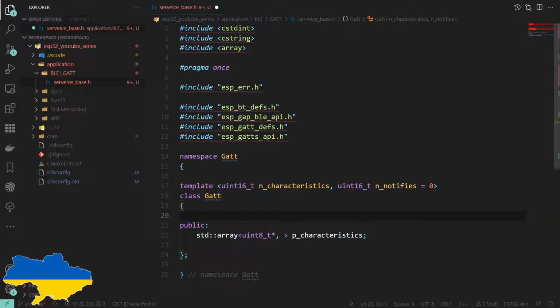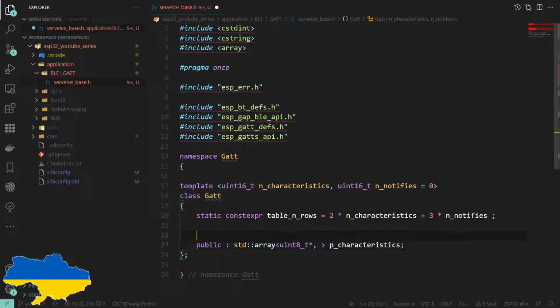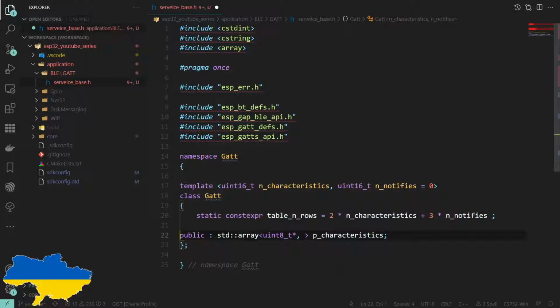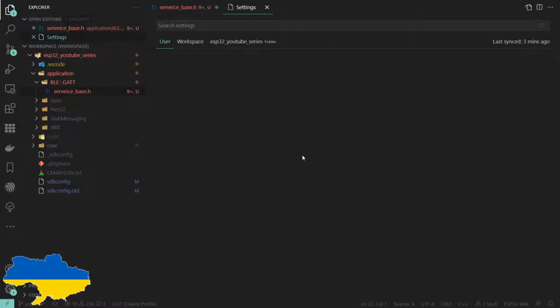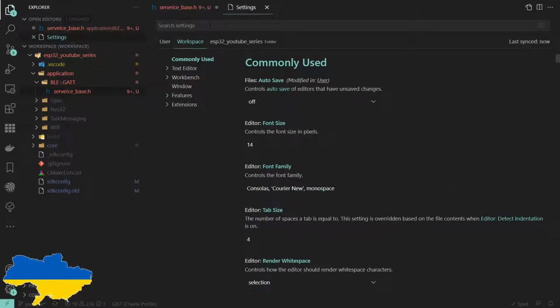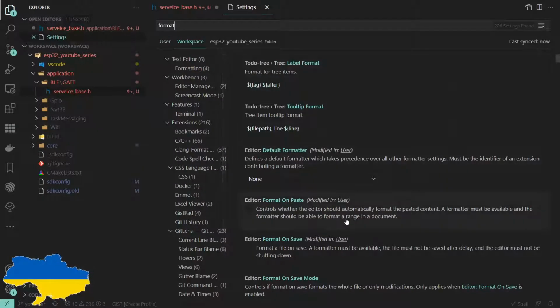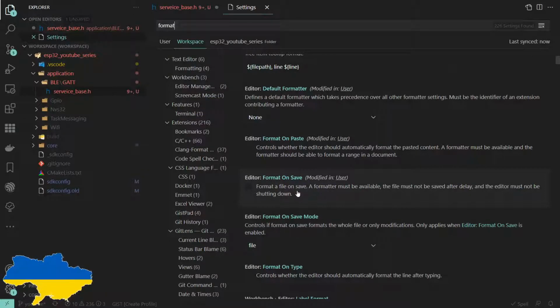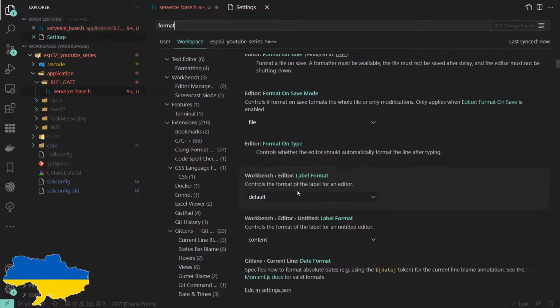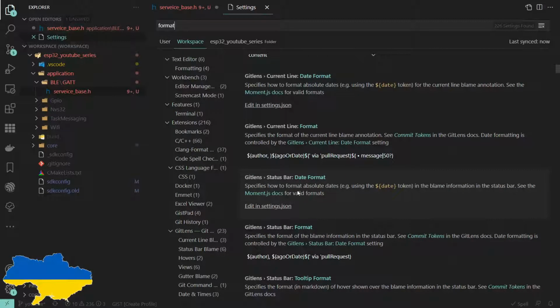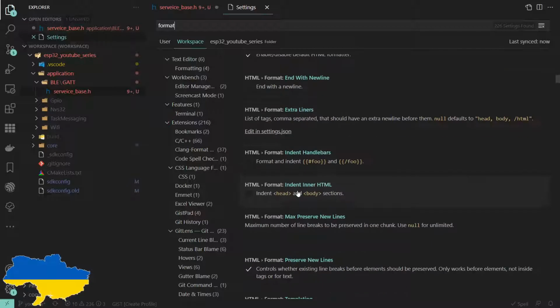And we can actually do that quite easily. Static constexpr table n rows, is that. Cheers auto format. Can I turn that off? Format on paste, format on save. So just fixing this as I go, because that is going to drive me mental.